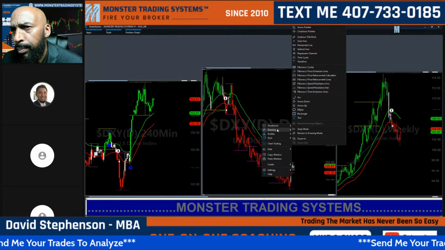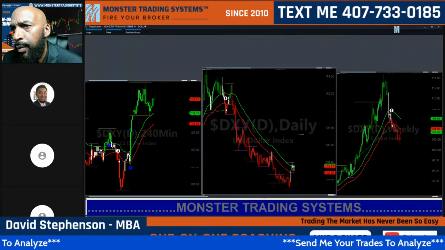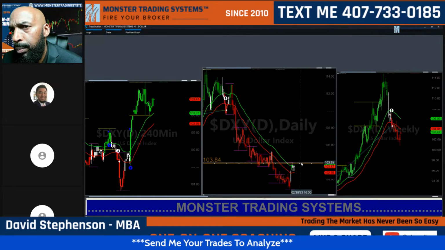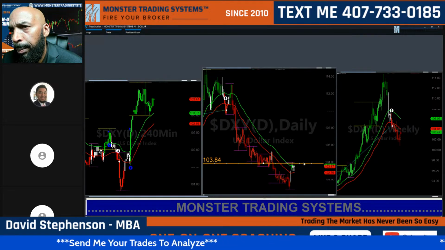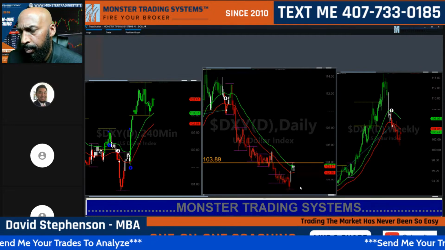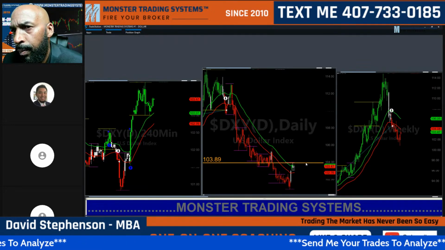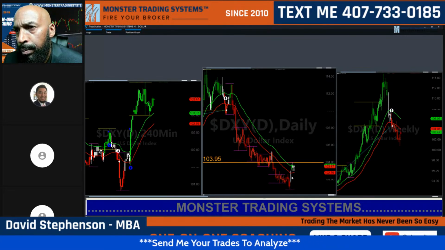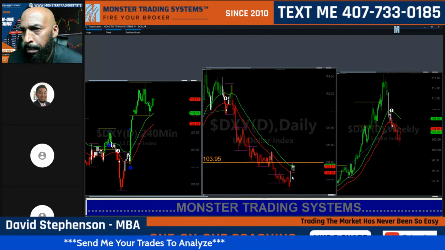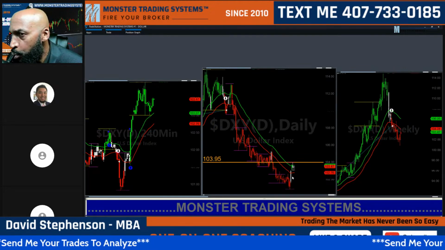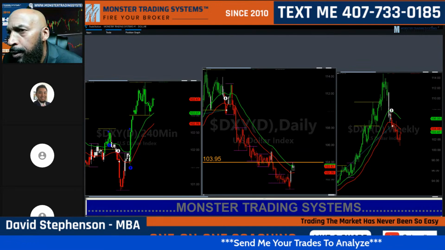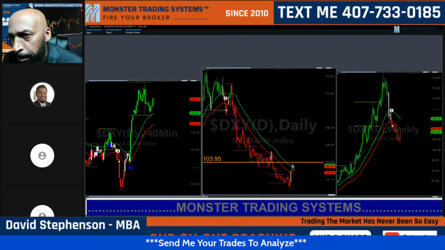You're looking at the break of resistance. Resistance will be right here, 103.93. Just call it 103.95. You're looking for that break of that resistance, and then price coming back down at that level and getting respected. So basically, resistance turns into support. That would be a really strong buy signal.